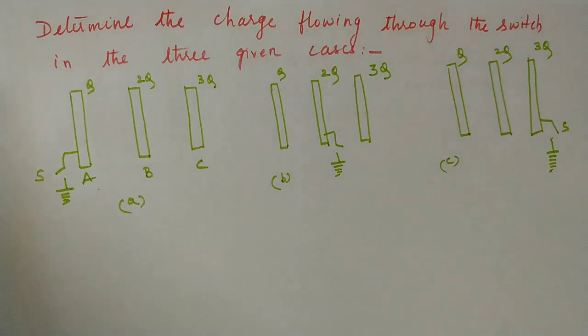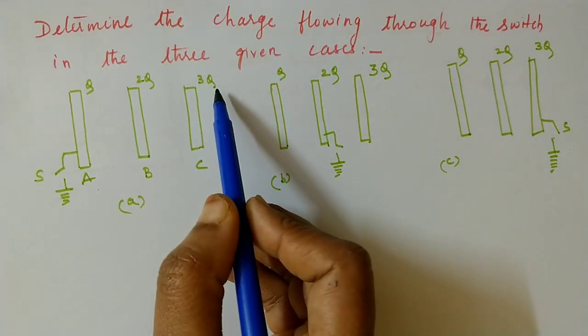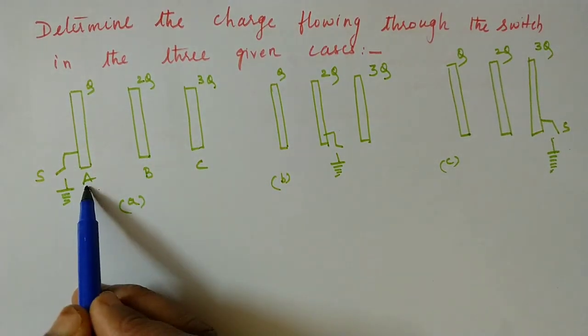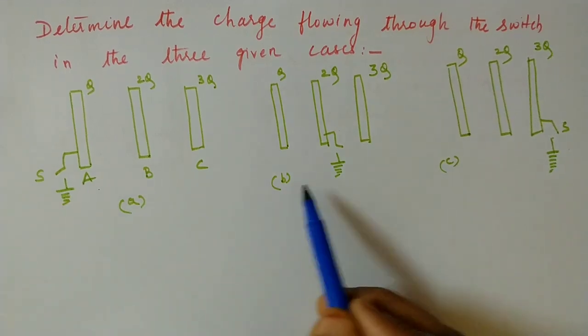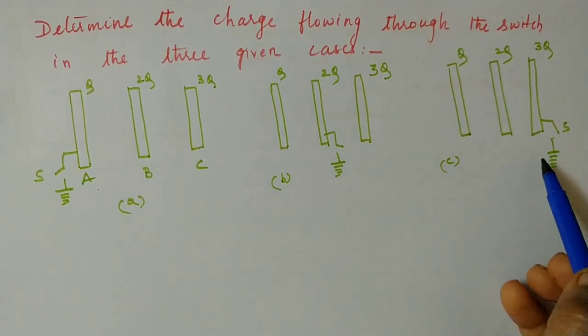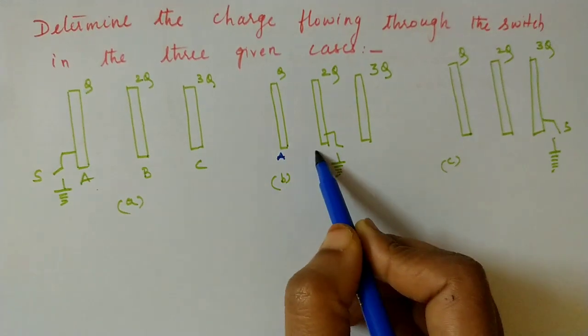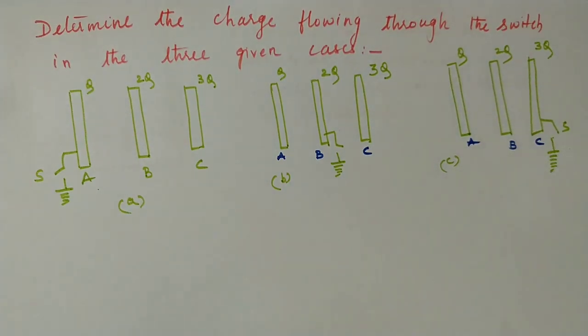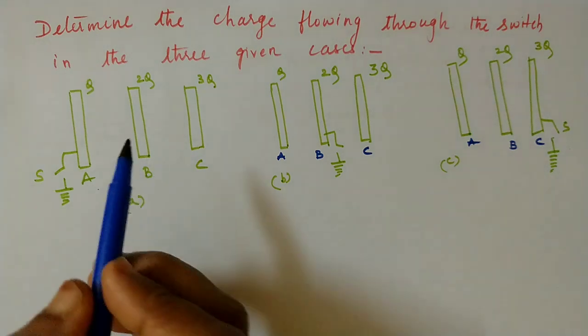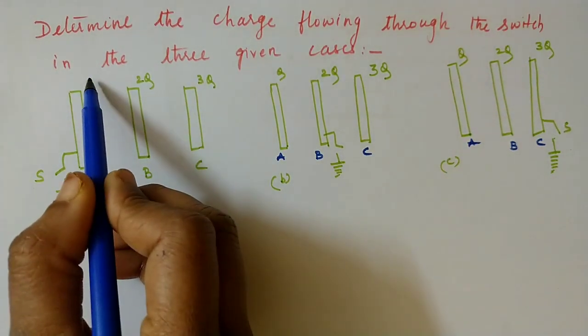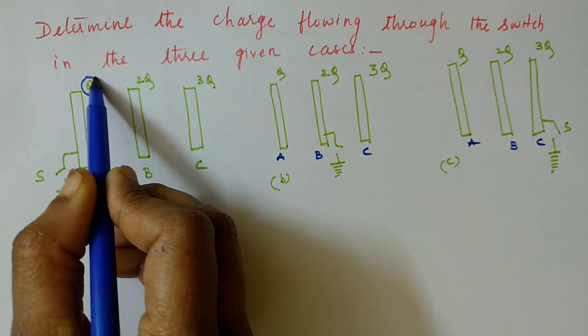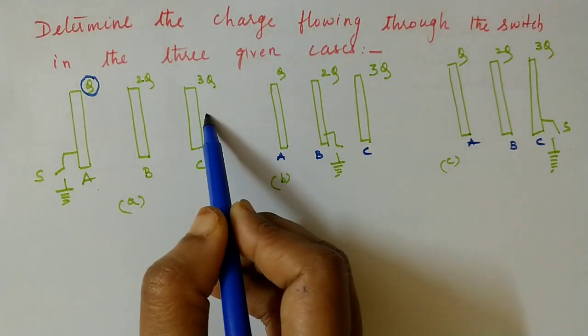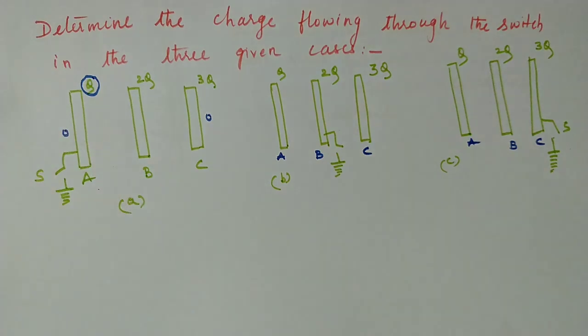Okay, now coming to this question, instead of 2 plates, here I am giving 3 infinitely large sheets, with charges Q, 2Q and 3Q. In the first case, A is earthed, in this case B is earthed, and in the last case C is earthed. I'll name the plates as A, B and C. Start with the first case. What is the step I told you? First, circle the charge which is on this surface. Step 2, charge on the outermost surfaces should be 0.